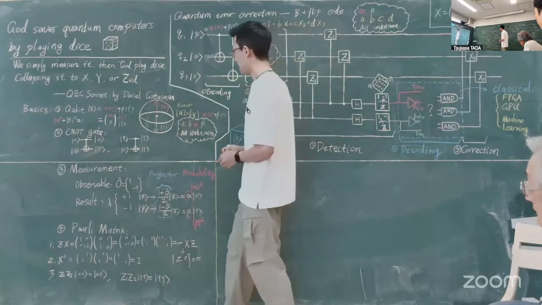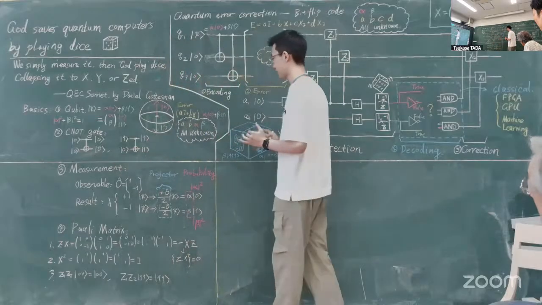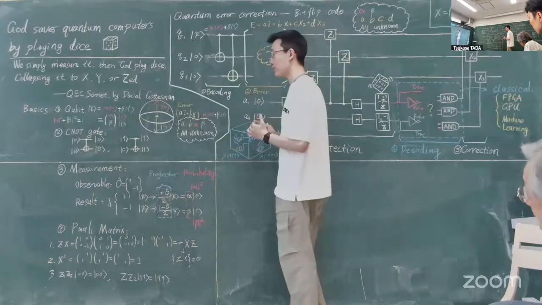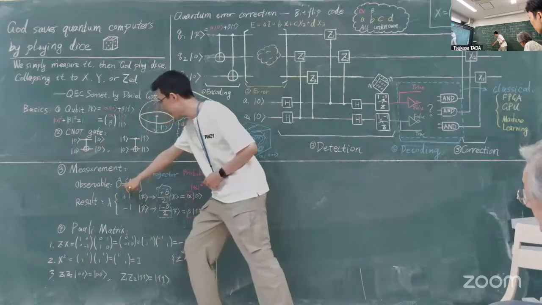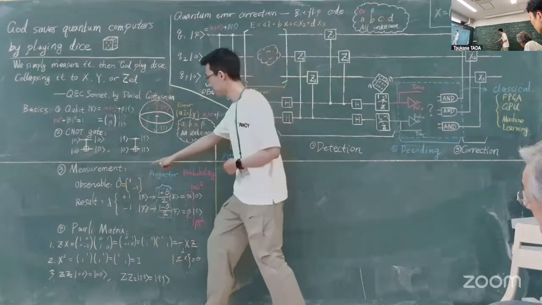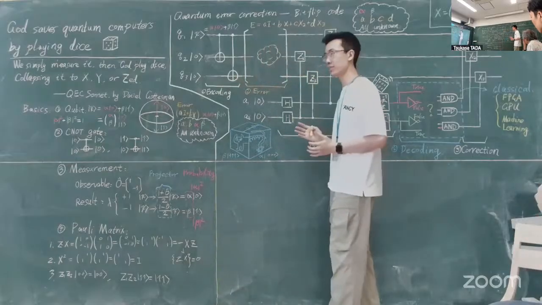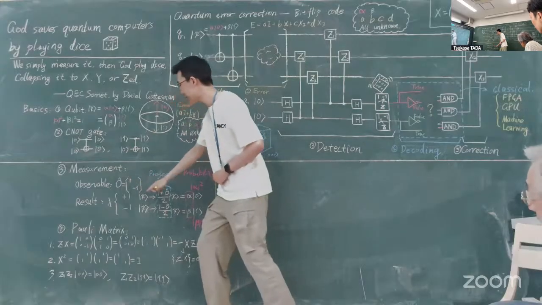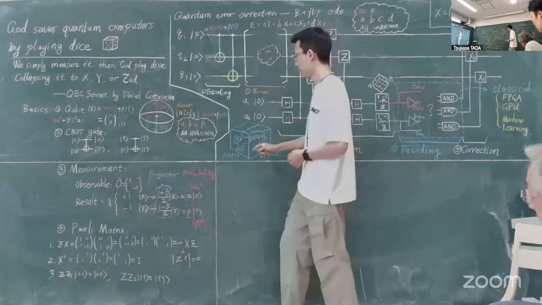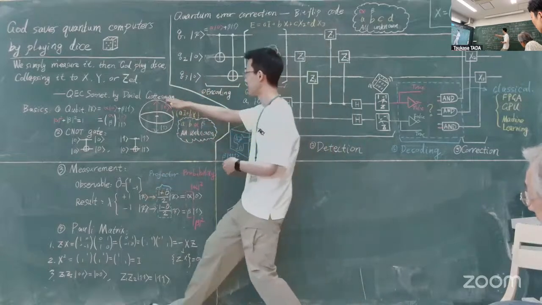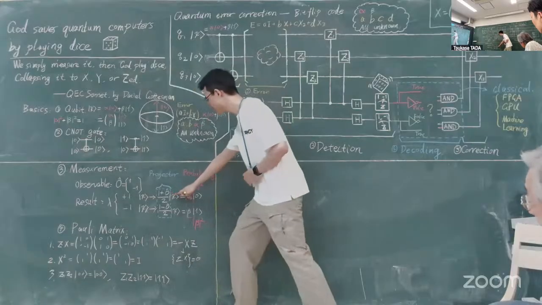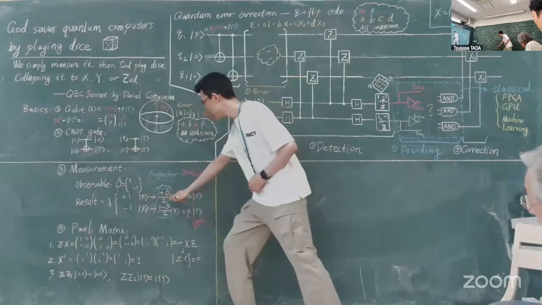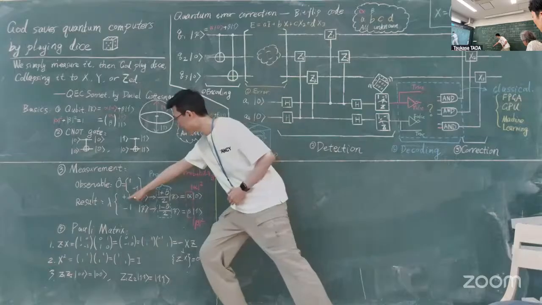This is the CNOT gate. And the third is the measurement operation in quantum mechanics. The measurement operation is very subjective, which means we need to choose an observable. For example, the observable is this diagonal two-by-two matrix with entries 1 and -1. The measurement result is an eigenvalue of this observable, which is +1 or -1. After the measurement, the quantum state will collapse, and the collapse is mathematically described by this projector, (1 + O)/2, which is determined by the eigenvalue.